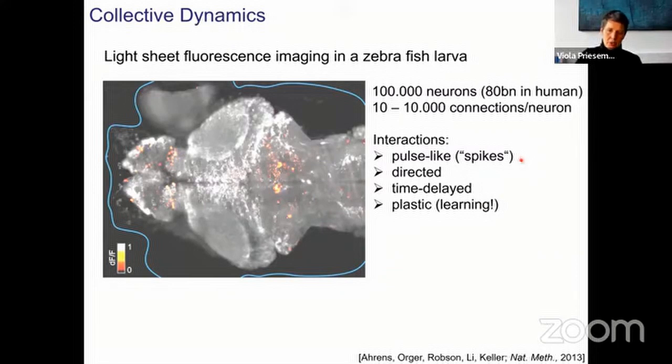The interaction between the units is directed. If one neuron sends a signal through its sending cables, another neuron needs to put its specialized receiving cables nearby with a synapse. There is no way that the signal will travel except if they have established another connection. We also have time delays in the connections: a neuron sends the pulse, it travels over the cables with finite time, so it takes a few milliseconds until it reaches the receiving neuron. And what makes it most interesting, but also challenging, is that all these connections are changing over time.